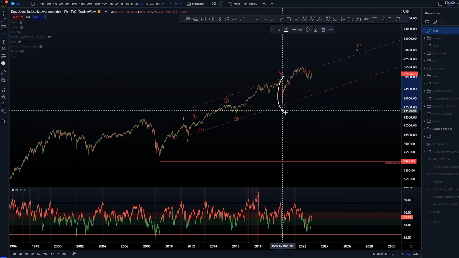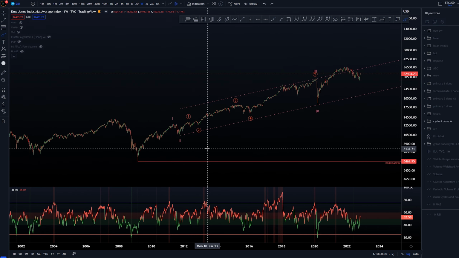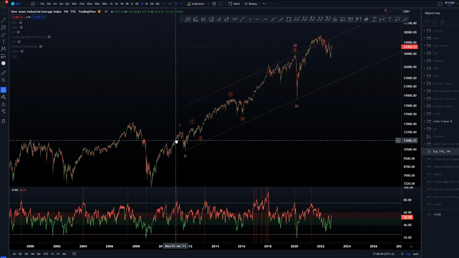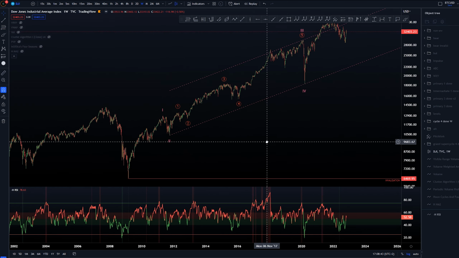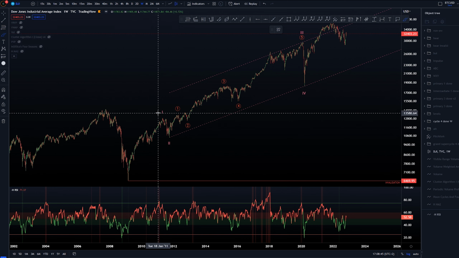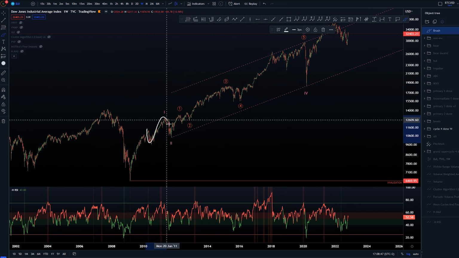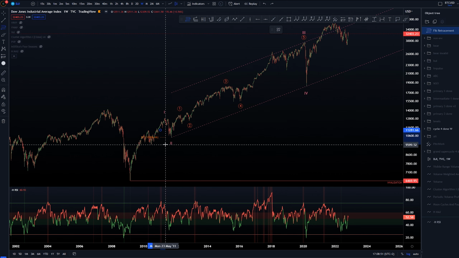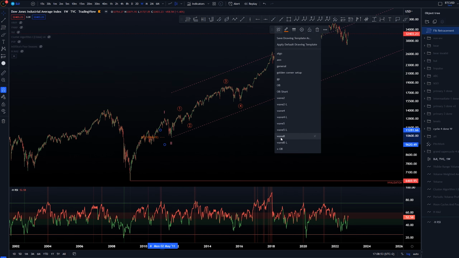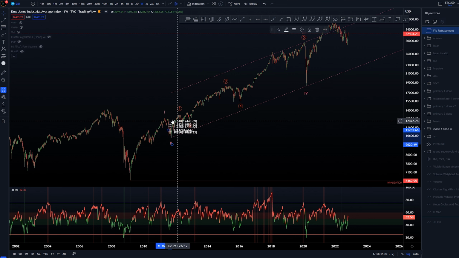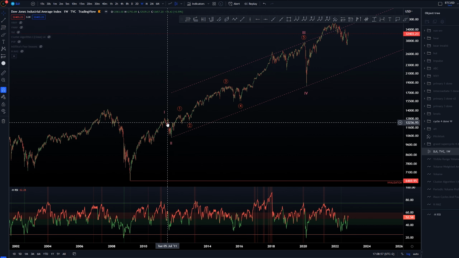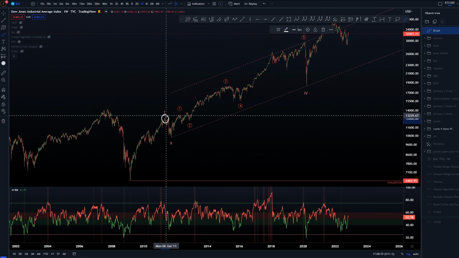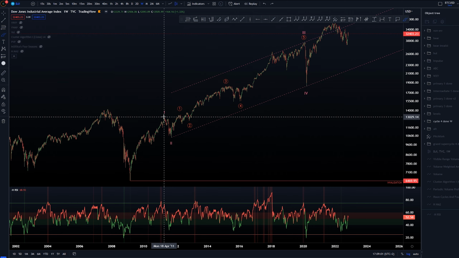This is a very large correction. It is not that comparable to the first here, so that is a bit of an issue. I tried to create this as a wave 1, 2, 3, one ABC there, but the extensions here are not that great, at least on log, and we can see that this has gone beyond the 1.6 minutes, so that's the reason why I basically have the high here as a wave 1 top.